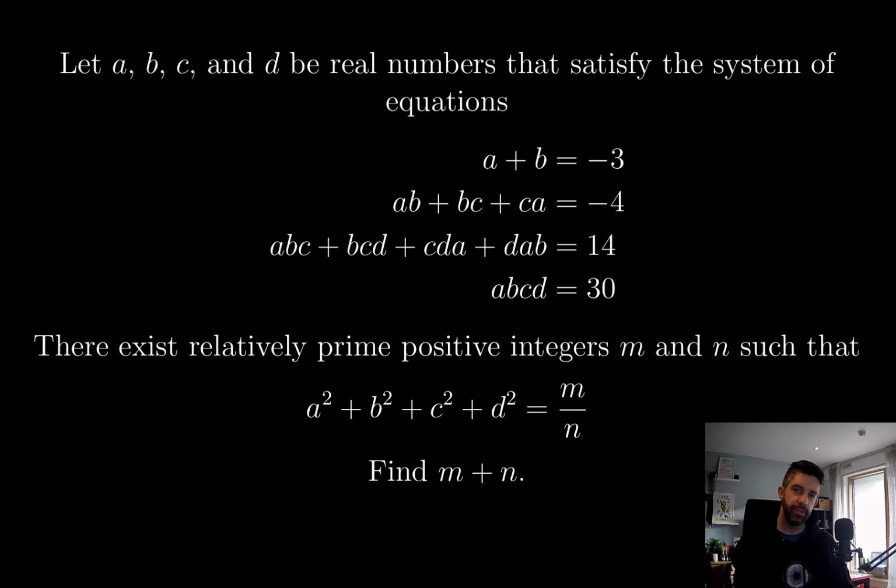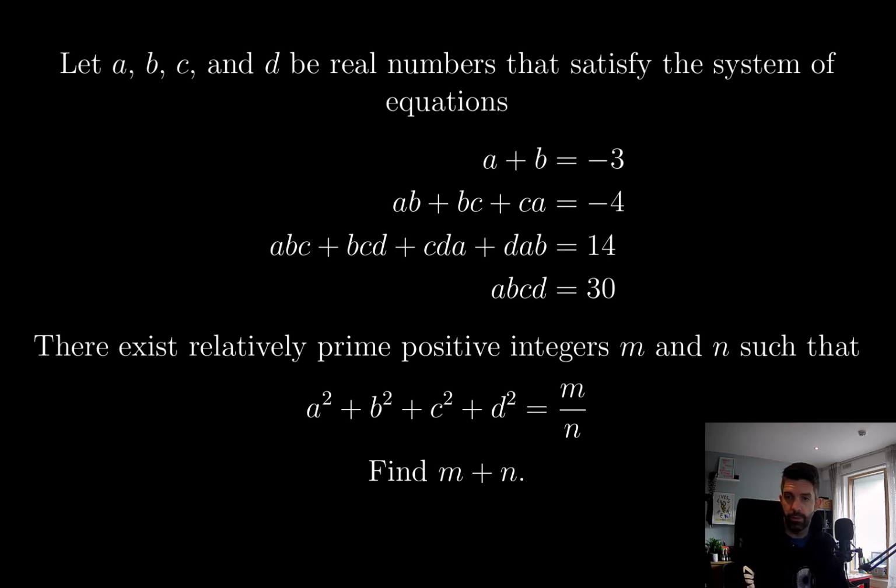Well, my instinct here is, on the one hand, it'd be nice to try to solve for A, B, C, and D. That might be very difficult. The other thing is maybe we just try to manipulate these equations in some way to end up with this sum of squares that we're asked about. I don't know if there's going to be any clever simplifications. There's nothing. I mean,